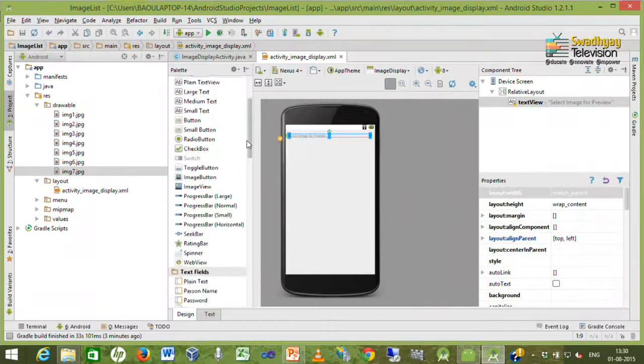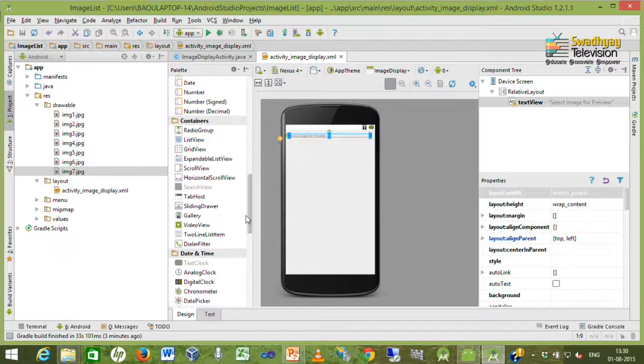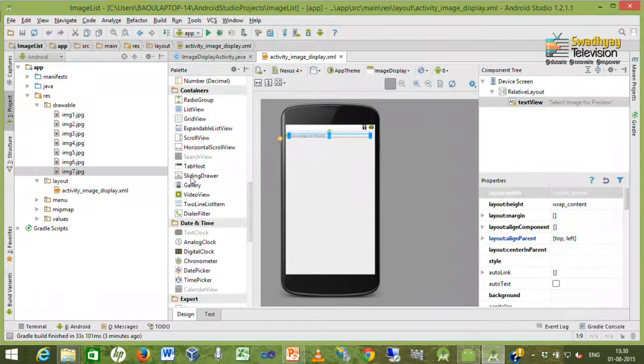Now, here inside containers we have gallery view. So, I am just dragging gallery view below.